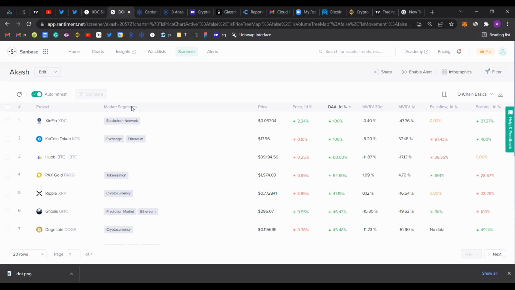Today we're going to be taking a look at a different type of analysis, right? We're going to be taking a look at coins that have a lot of potential and can trade in the coming week. So before we actually dive deep into how it's done and the nuances of it, I want